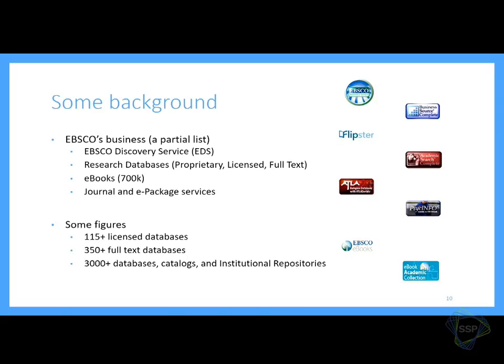It's funny when every company has their own acronyms, and EBSCO is no different. I mean, the name EBSCO is an acronym. When I first got there, they started calling these things LSDs, and I was like, wow, this company is really open-minded. But then I came down to earth, and it's actually licensed secondary databases. So it's kind of funny being in conversations when you see people coming into the company and this terminology gets flown around. We have 350 full-text databases, so those are databases where we make an effort to link in the